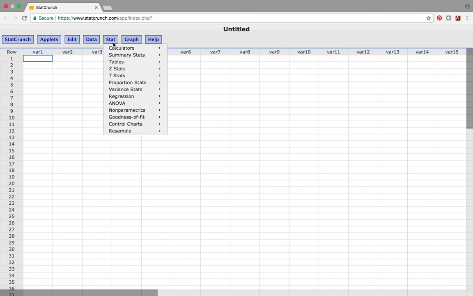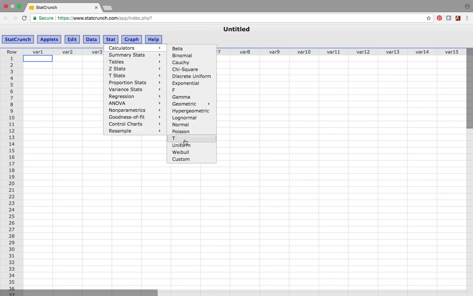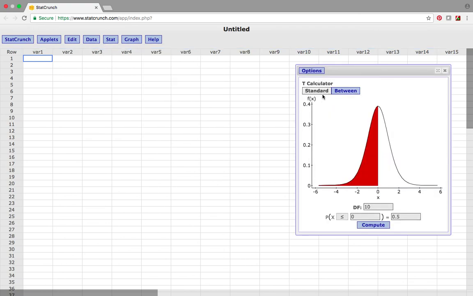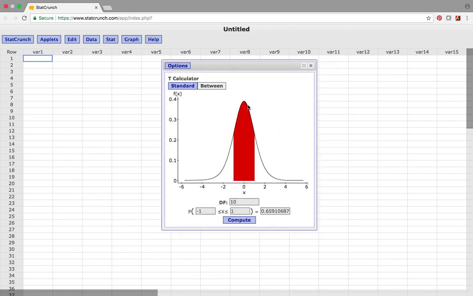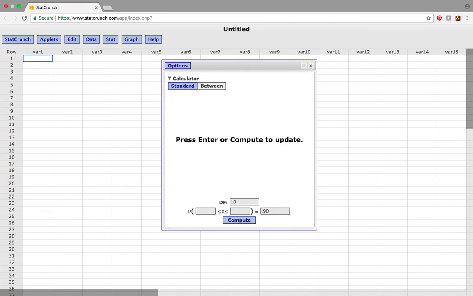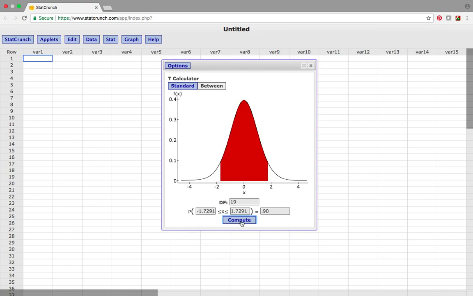But if you go to Stat, go to Calculator, and come down to T, I would do the between. Since we're doing a 90%, and usually we do a 95%, but I just mix things up a little bit, I need 90% of the region between the two scores because I'm constructing a 90% confidence interval. And I need degrees of freedom 19 because the sample size is equal to 20. So guys, the critical value would be plus or minus